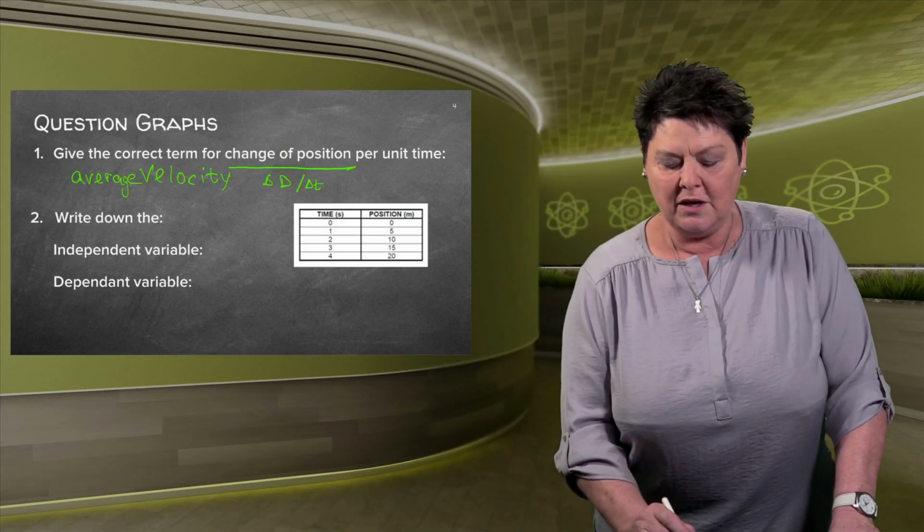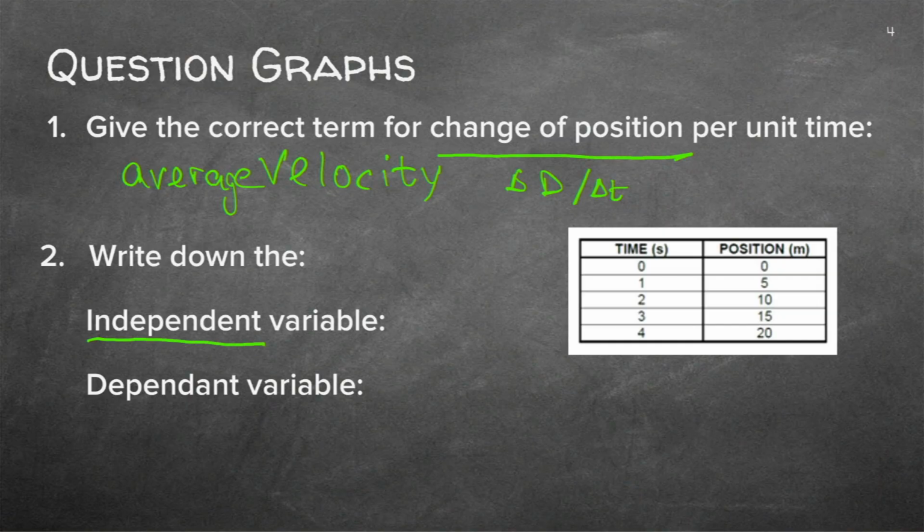Secondly, they asked me, what will be the independent variable? Then you have a look at your table and you see time will be carrying on 1, 2, 3, 4 seconds independent of what you are doing. So the independent variable will be the time, and what will be dependent on the time will be the position.